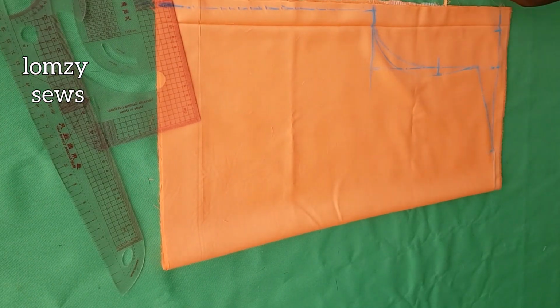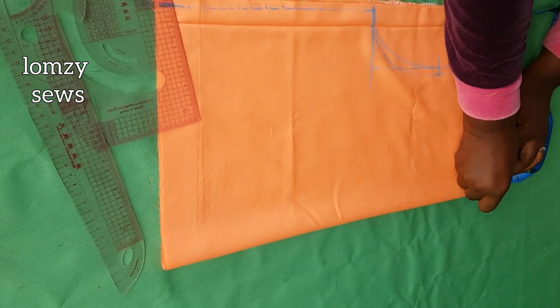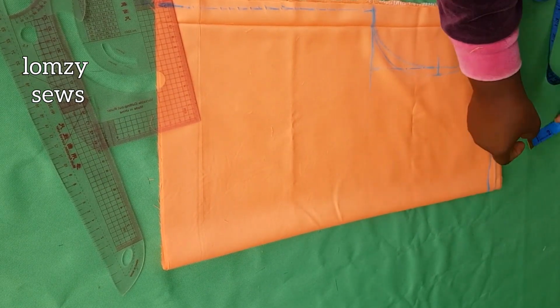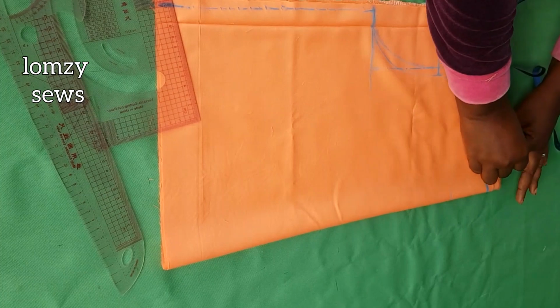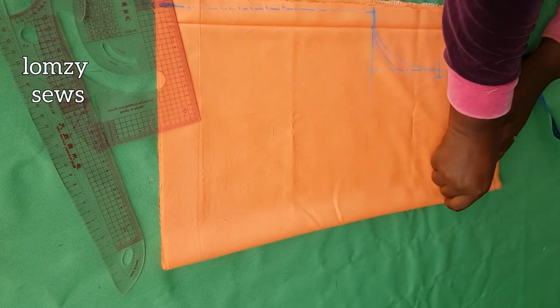Next, I'm going to go over to the neck. For the neck depth, I'm going to come down 1/2 inch. Remember, I have added my sewing allowance to that, so I'm going to connect it like this. And for the neck depth, I'm going to come down 3.5 inches. And I'll connect it. You can also use your armhole curve to draw this, but you know, I'm not a